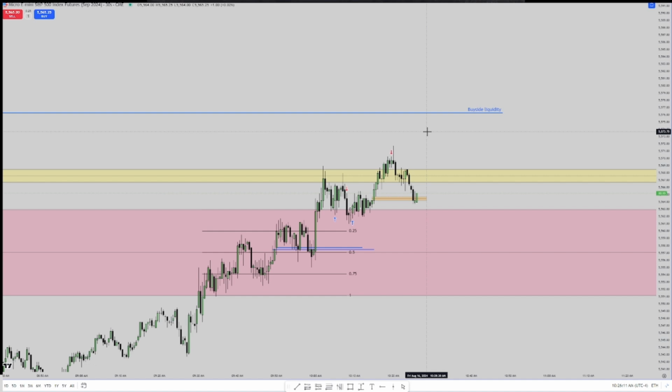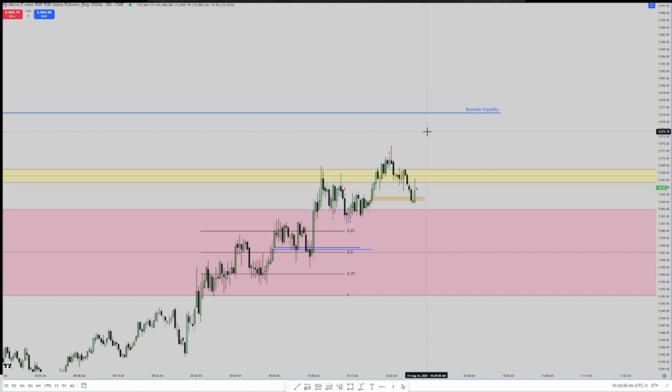But that is essentially the silver bullet. It's a draw on liquidity. You have to have a target in mind. Just like if you're aiming for a target with a bow and arrow or a rifle, you have to have that target in your sight. Otherwise, you're just gonna shoot air. And the same thing is with trading. If you don't have a target, you're guessing, you're gambling,